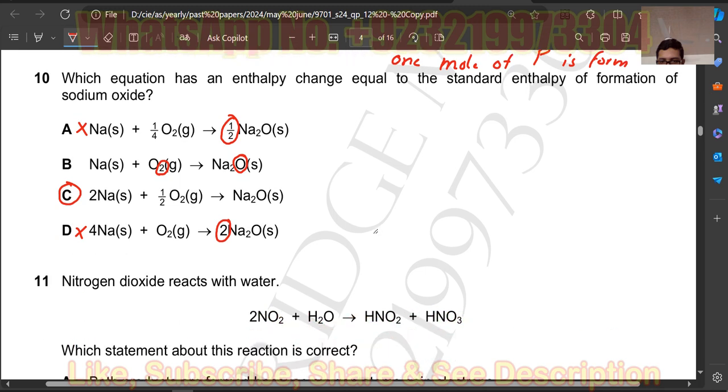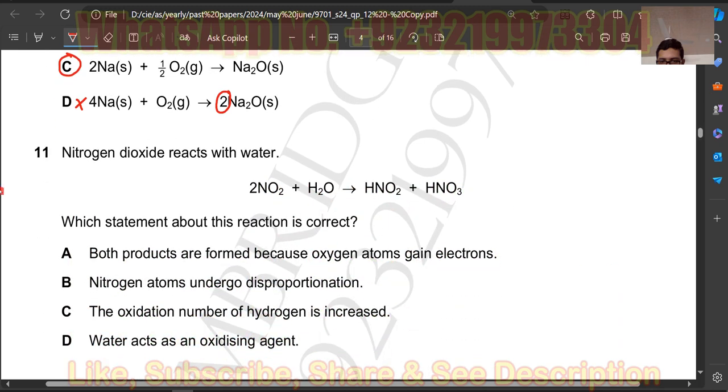And now the question number 11, nitrogen dioxide reacts with water. We have this equation. Which statement about this reaction is correct? Okay, so in this equation, we have to exclude the options and also consider the right option. The first option says both products are formed because oxygen atom gains electrons, which means we need to check the oxidation number of the